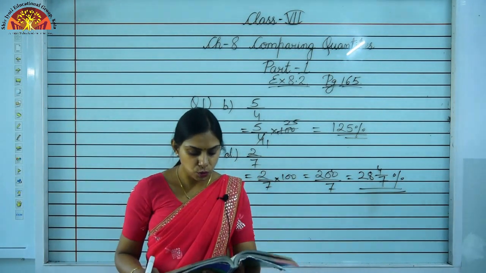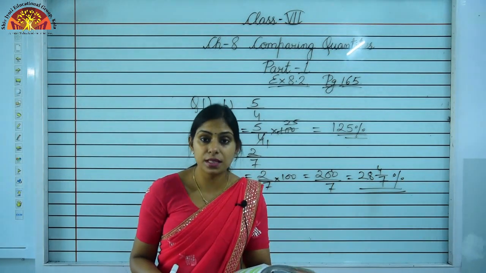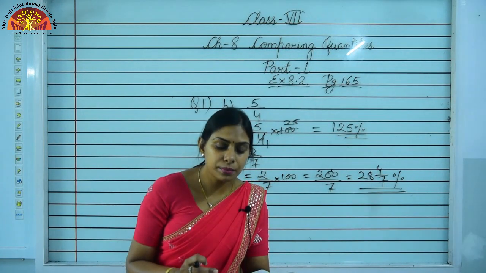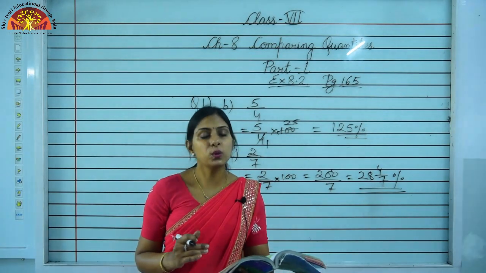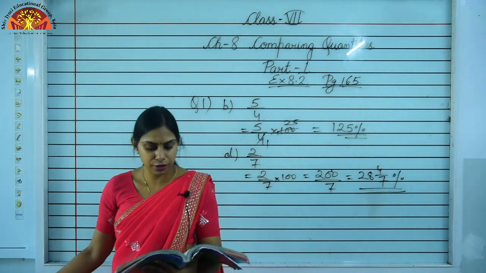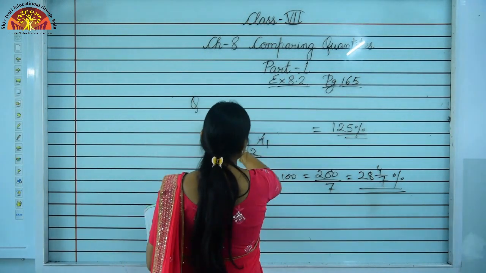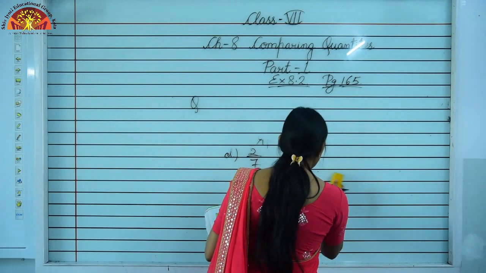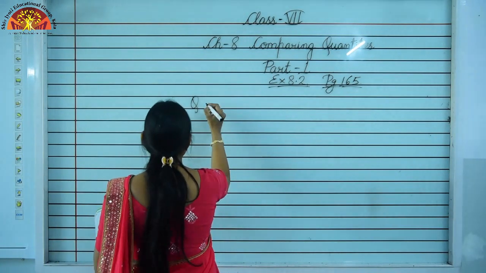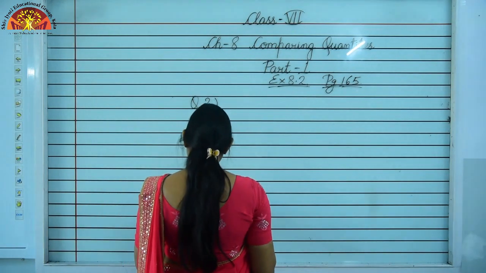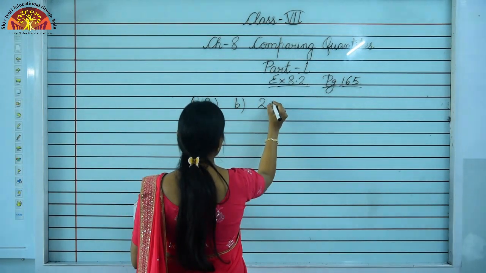Now question number 2, it is given, convert the given decimal fractions to percent. That means now decimal numbers have been given to you and you have to convert them into percent. So what you have to do? Yes, you have to again multiply it by 100. So just see over here, question number 2. I hope children that everybody is solving the question. Okay, it's question number 2. We'll just solve the B part. It is given 2.1, okay.